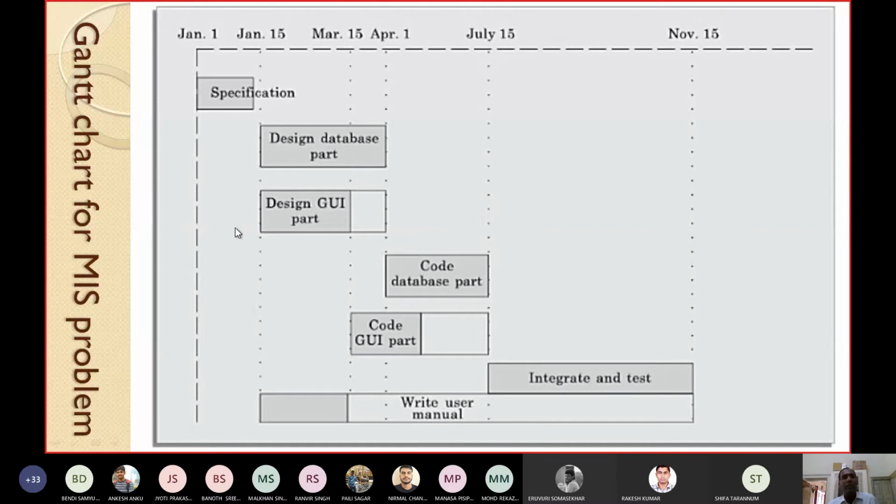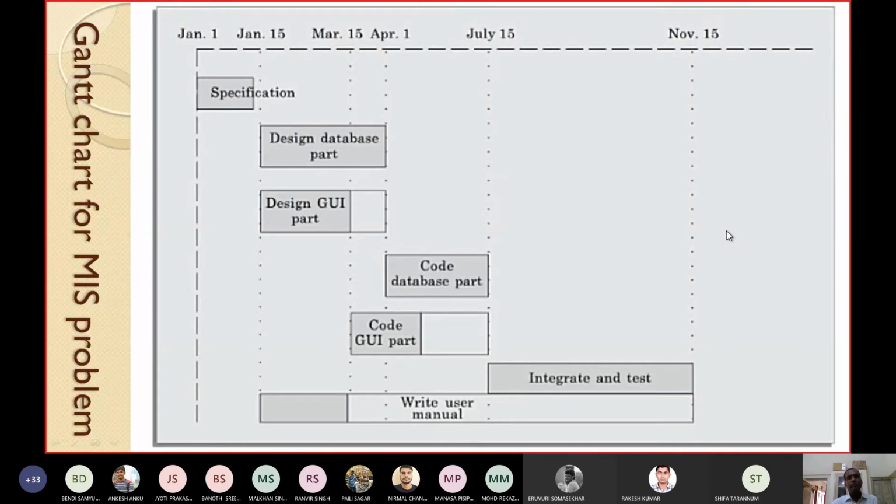Okay, in this way you can easily draw the Gantt chart, very easy. Look at your activity diagram. Look at your activity network. Identify the tasks or the activities. Mark the dates on the y-axis. Then you can draw the boxes, and because you know the start date and the end date, you can easily draw the boxes. Very easy to understand.